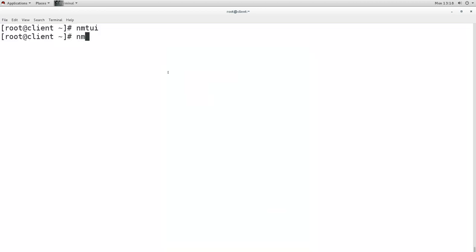So I will use the nmcli command, nmcli connection modify for the interface, and for the IPv4 I will directly configure the method to auto. When you configured it manually, then we configured the method to manual.